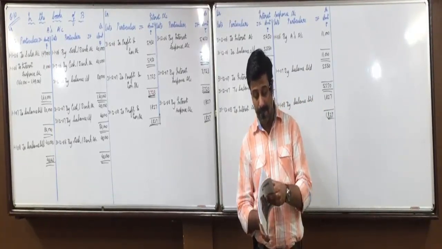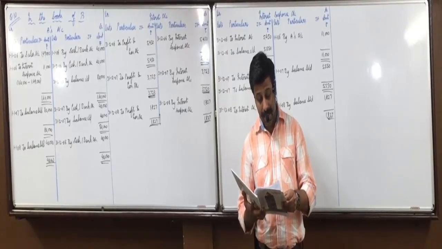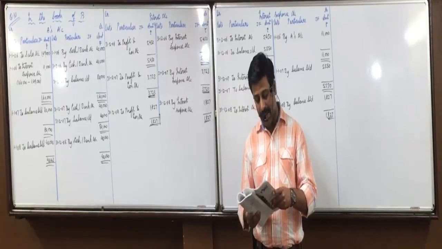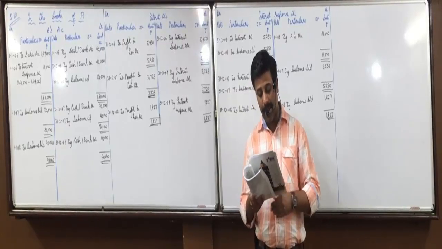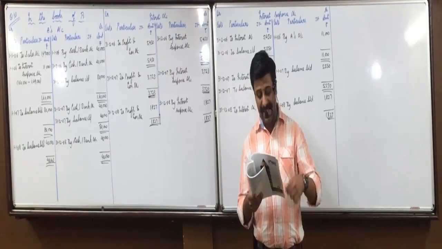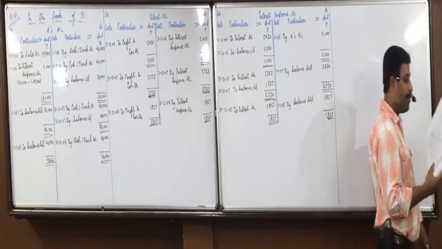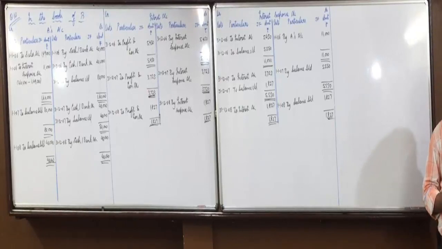Calculation of interest is given to you. Next page, installment system. Here in point A, property or ownership passes immediately on signing the agreement. As soon as you make the down payment, the buyer becomes the owner.